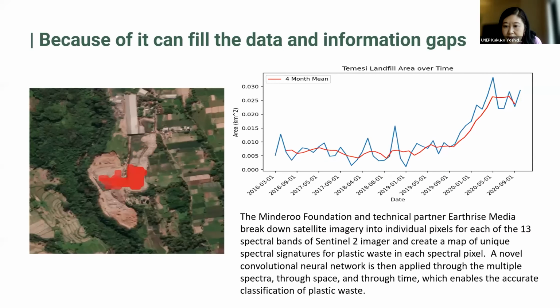Now, what does that mean in our fight against plastic pollution? Number 1, I believe it means that we're going to have more data and information to create our policies and take action as groups, private sectors, and even individuals. For example, we are now starting a new partnership with Mindaru Foundation and their technical partner to build on their work